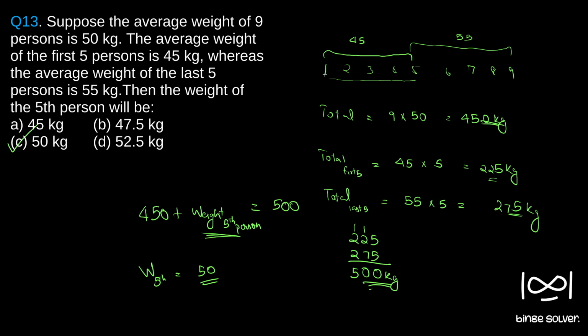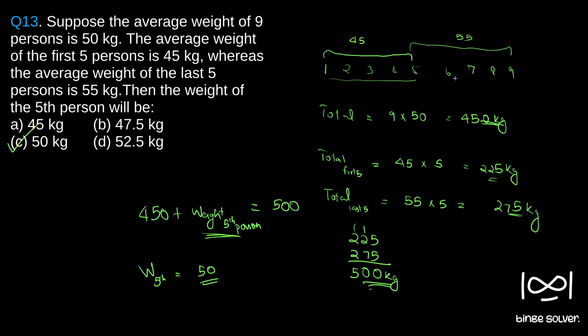Now, initially there was an average weight of all the 9 people, which was 50. So the total of 1 plus 2 plus 3 plus 4 plus 5 plus 6 plus 7 plus 8 plus 9, the total weight of all these people, is 9 times 50, which is 450. Average weight times the total number of people gives 450. So 450 is nothing but